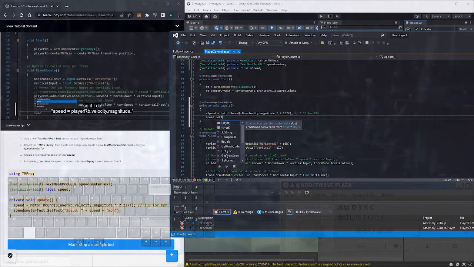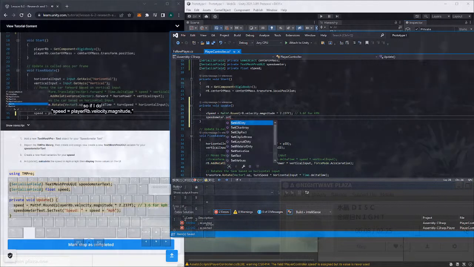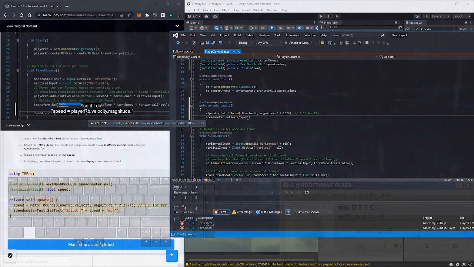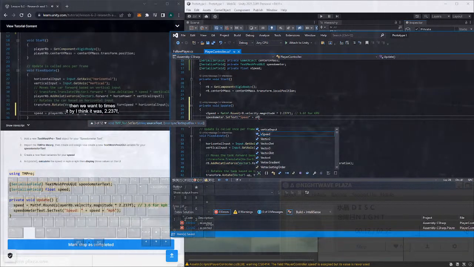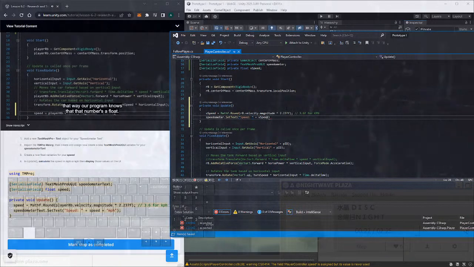So speed equals player rigidbody dot velocity dot magnitude, and we want to times it by 2.237f. That way our program knows that number is a float, just for our own sake. If we want to change it to kilometers per hour,